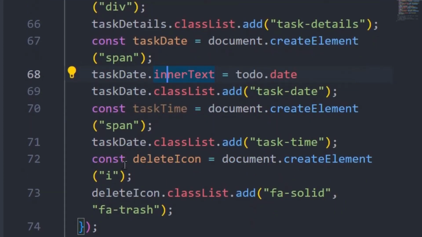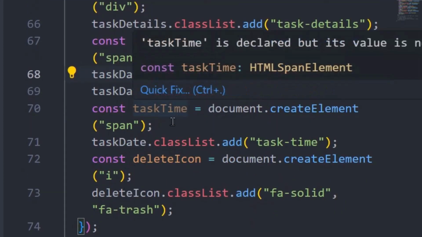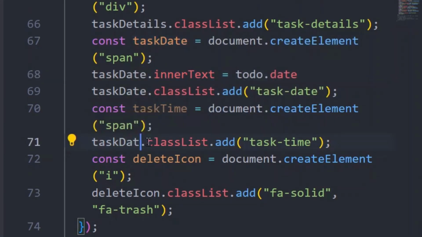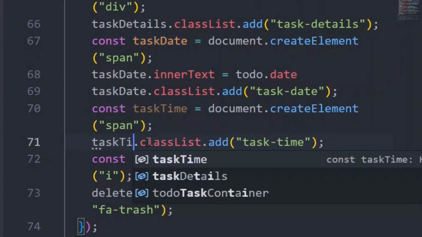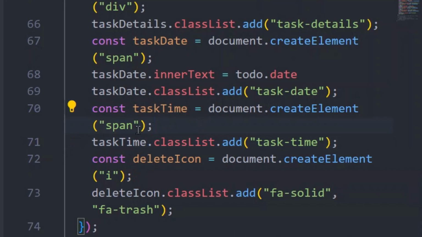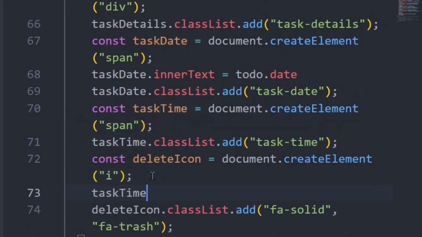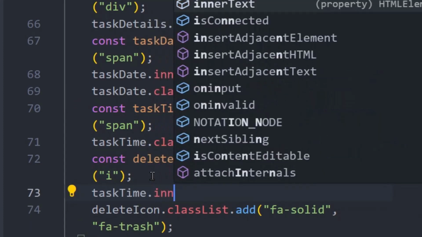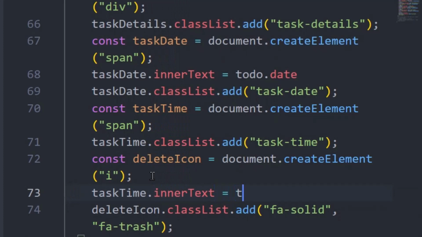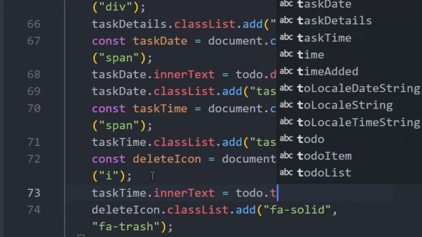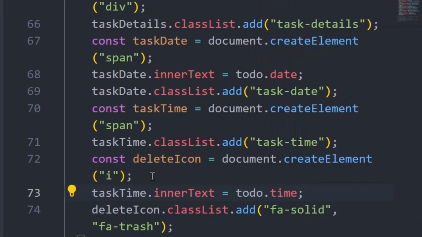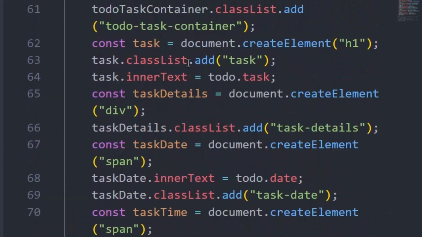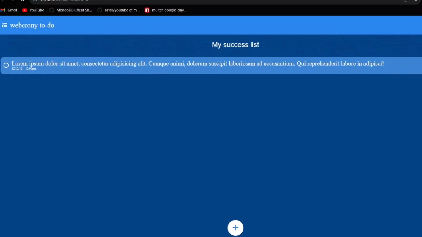Then I will also come to the time, task time. This one should be task time to avoid any conflict. I'll just copy this task time here, and then I will put the inner text and set it to todo dot time. Now another thing we should take note of is that when you look at the original one,